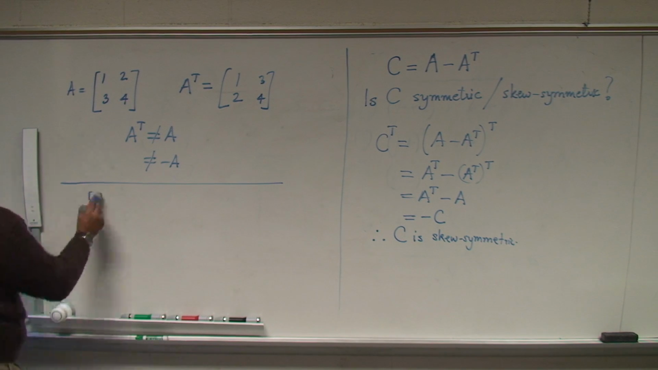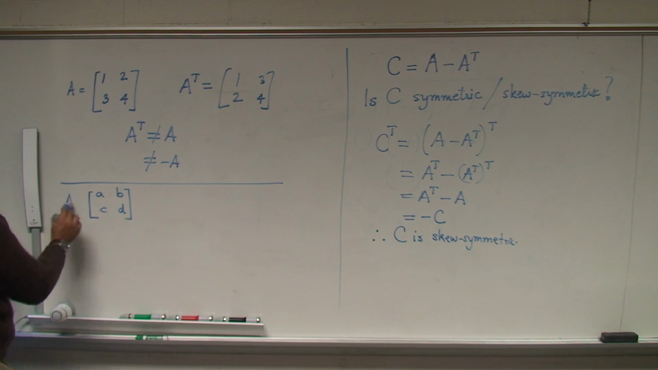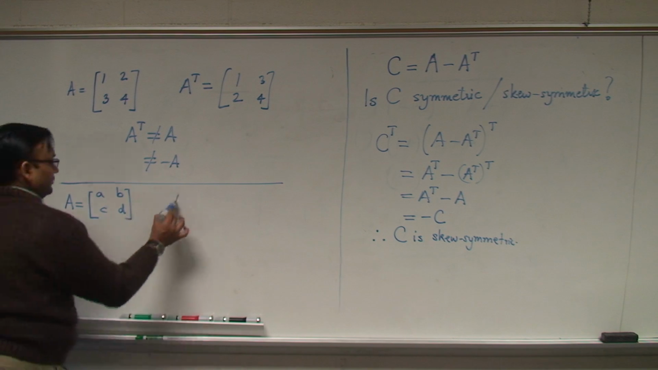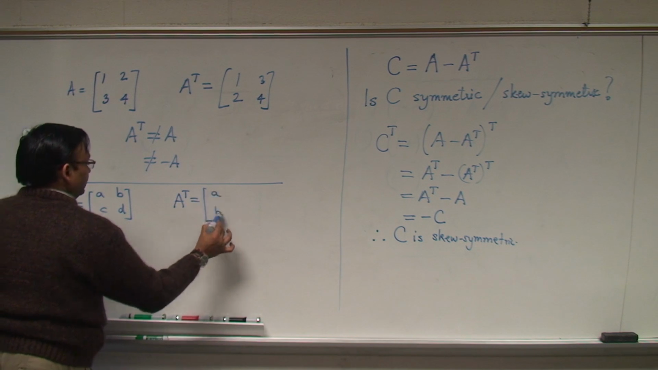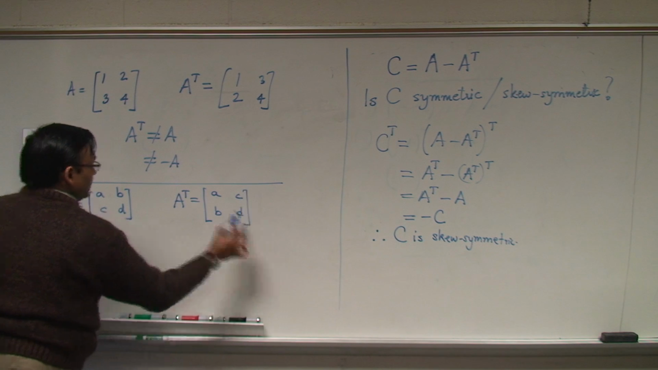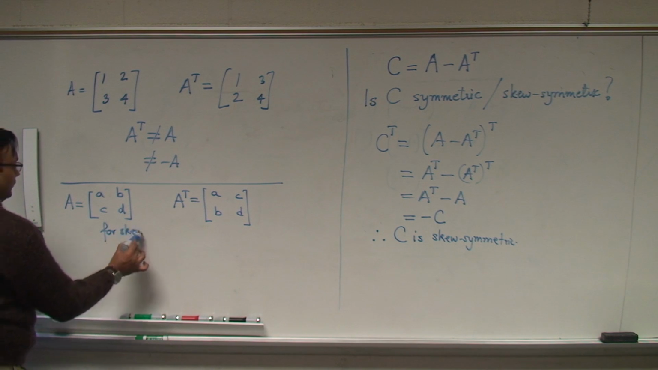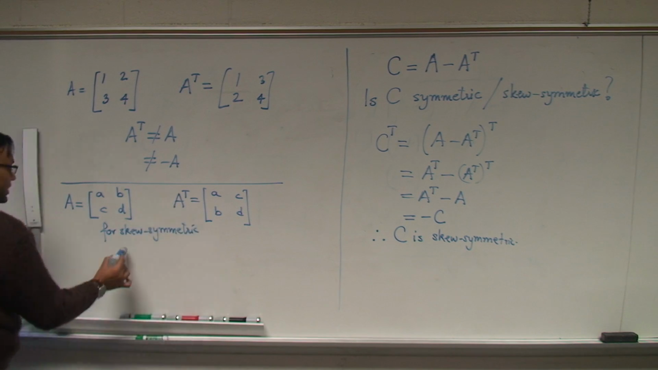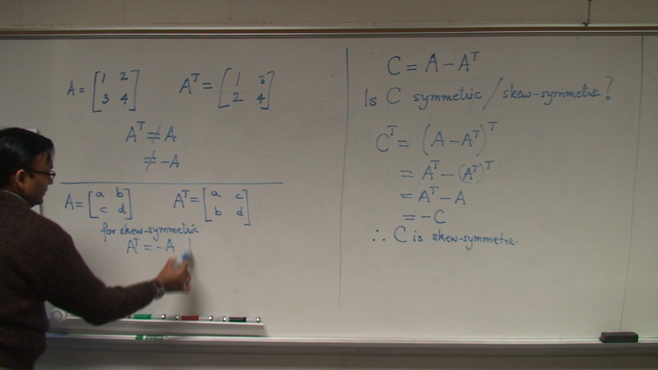Suppose I look at a 2 by 2 matrix. Let me call it A, B, C, D. I want to know, do the entries have to be something special for this to be a skew symmetric matrix? That means if I look at A transpose, this will be A, B, C, D. For skew symmetry, I want A transpose to be equal to minus A, which means